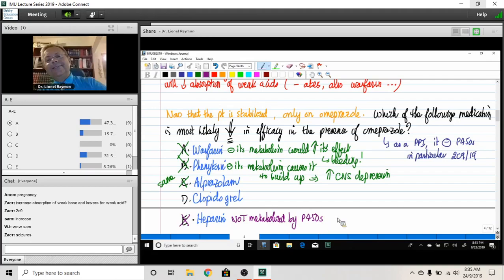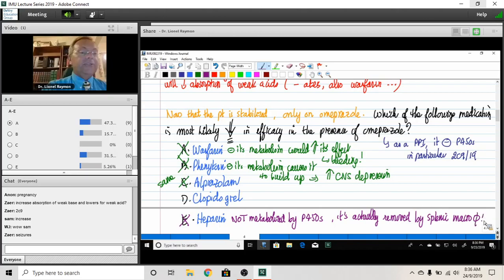You know, it's a large sugar. And as a large sugar, heparin is actually removed by splenic macrophages. So it's an unusual metabolism. It's the drug